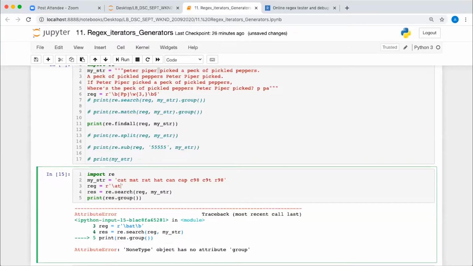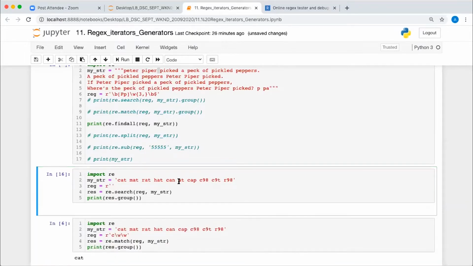If you just put "at" somewhere, it will match "at". Yes, it will match. If I write "at" here in this search method, it will match that "at". If you check this result, it will give you the span 20 to 22, which is the character position. Okay, yes, please go ahead.